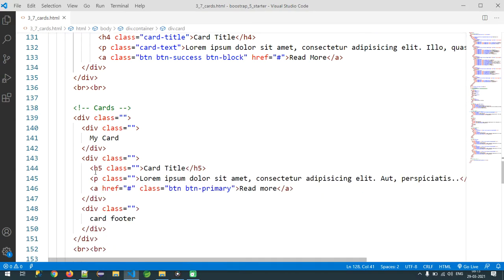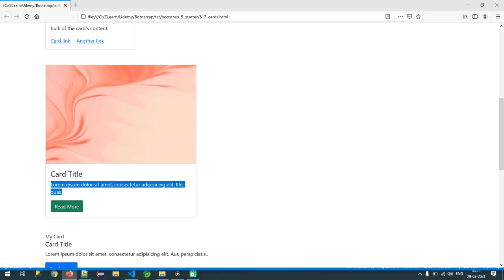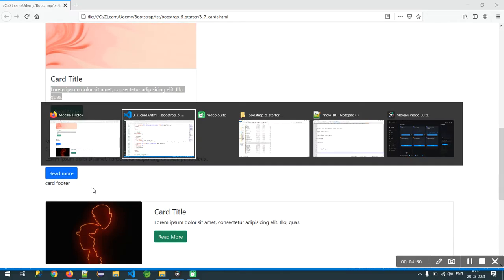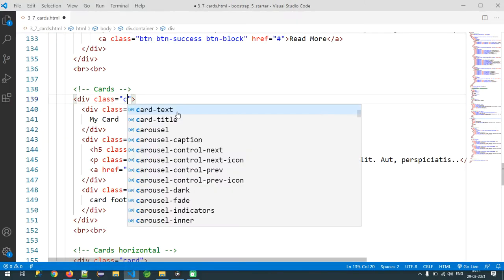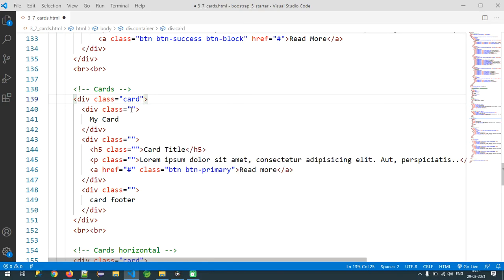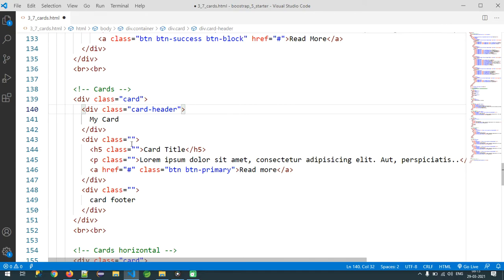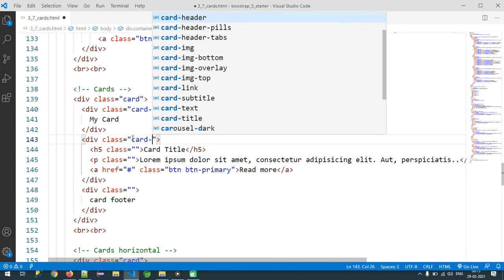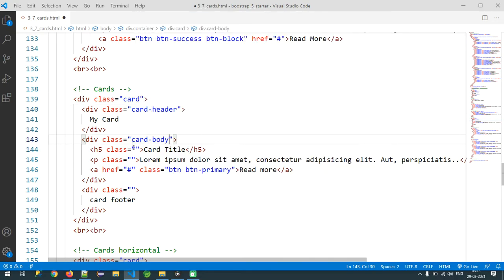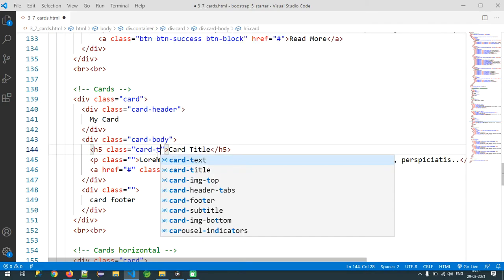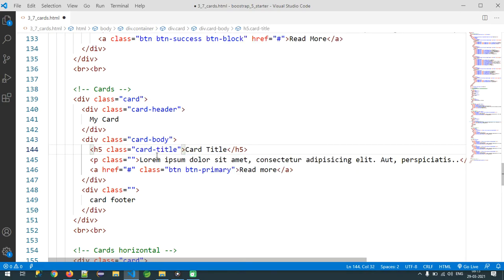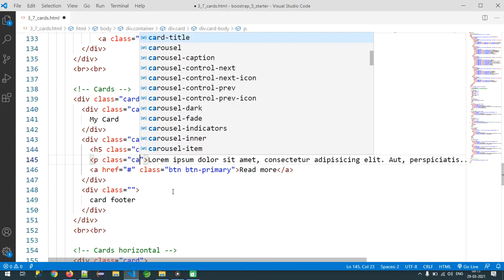Now in the same way let me create another one with the header and footer related styling. Observe card is the base one, and card-body, card-header, and later card-body and card-title, because it is a title I have, and in the same way card-text.